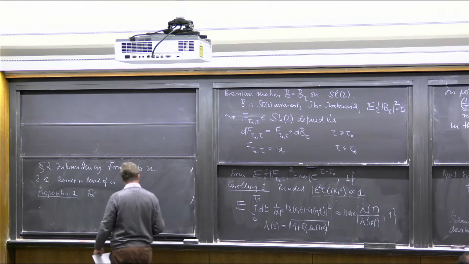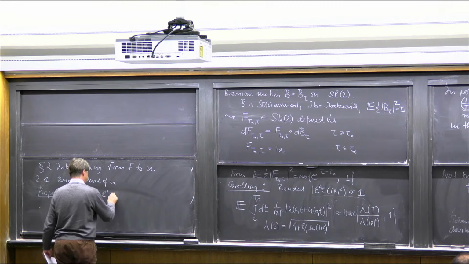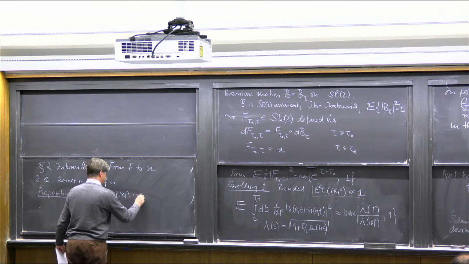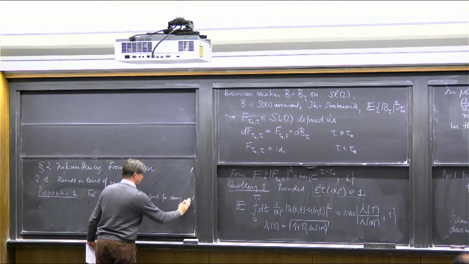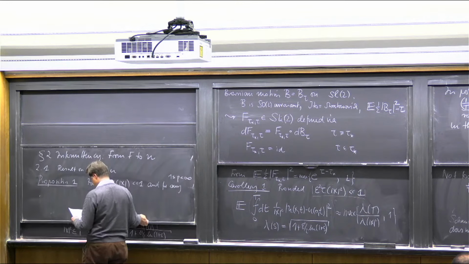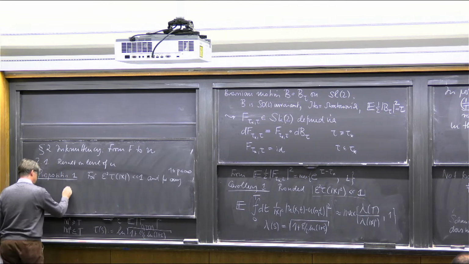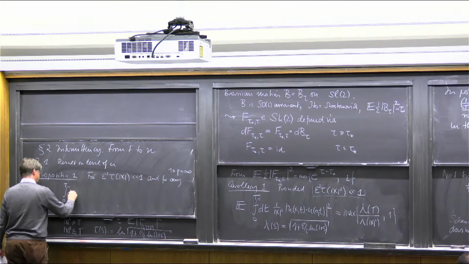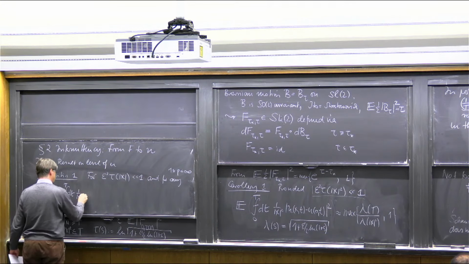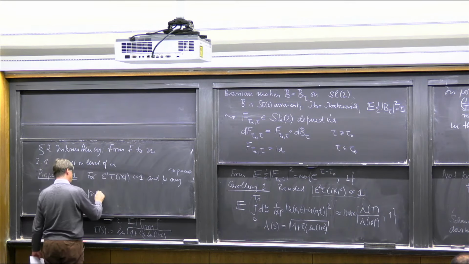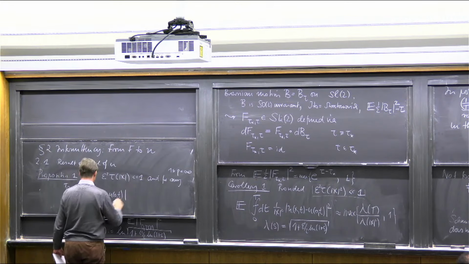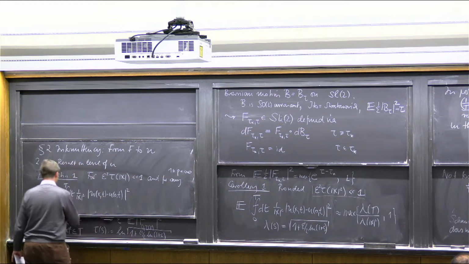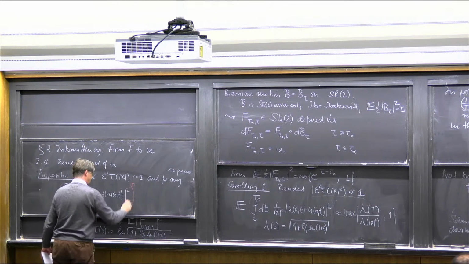Now I'm essentially copying what's on the right-hand side in this regime, and for any finite exponent p, we're looking at exactly the same quantity, but now